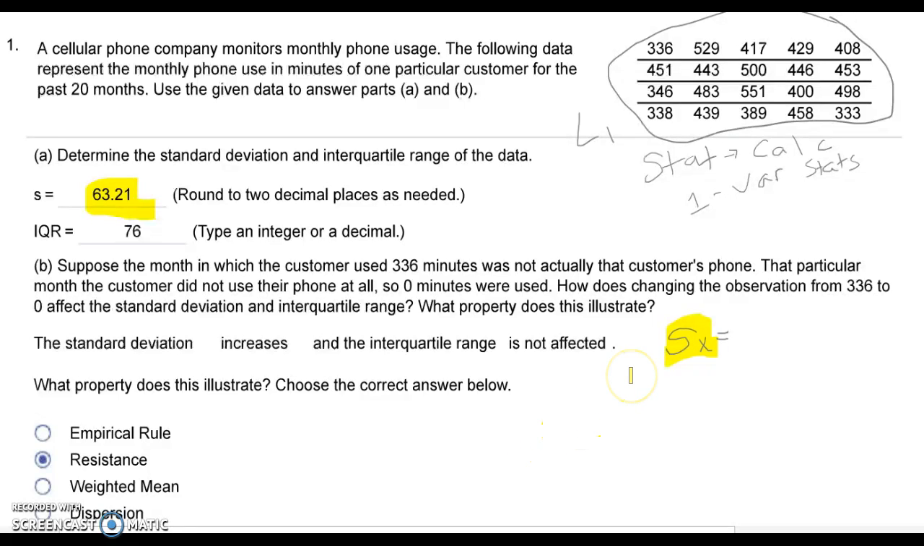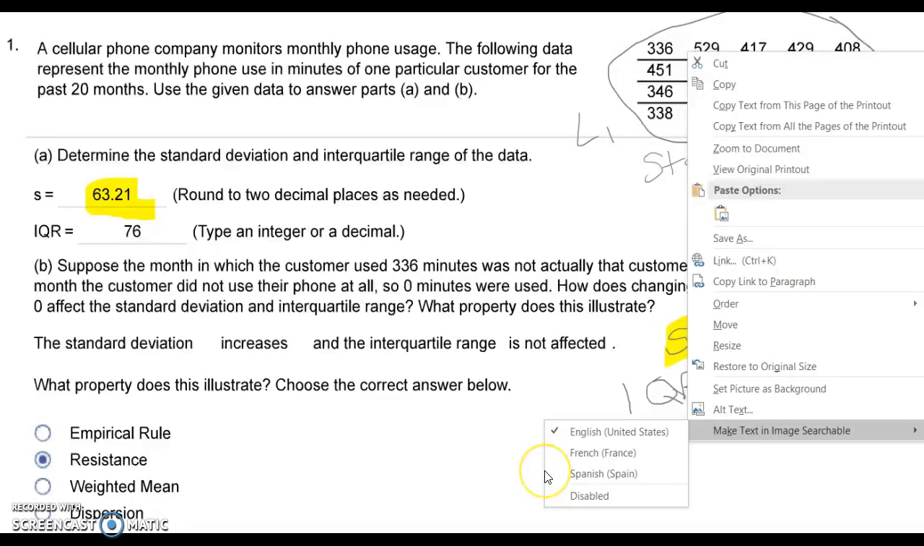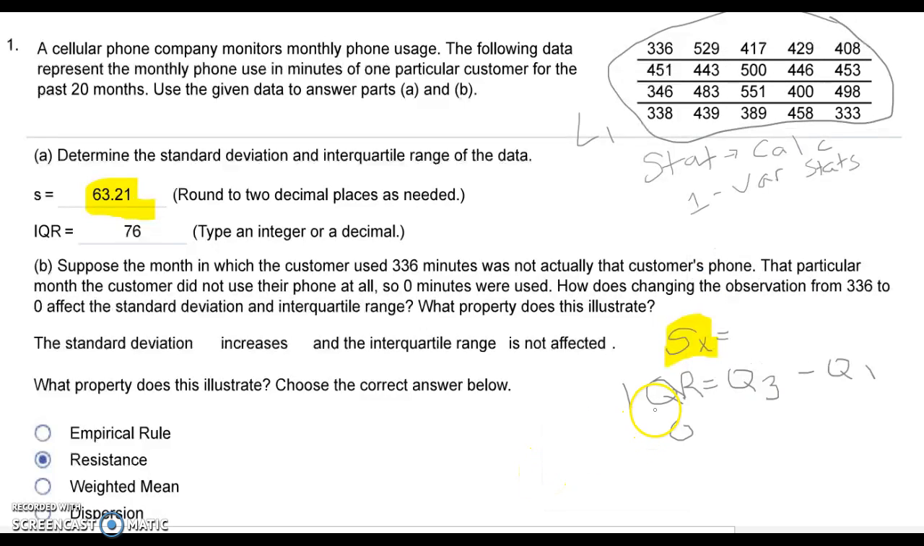And then the IQR, I talk about this in my chapter 3 video, IQR is Q3 minus Q1. And that formula is also on your formula chart, so you don't have to memorize it. For this set of data,